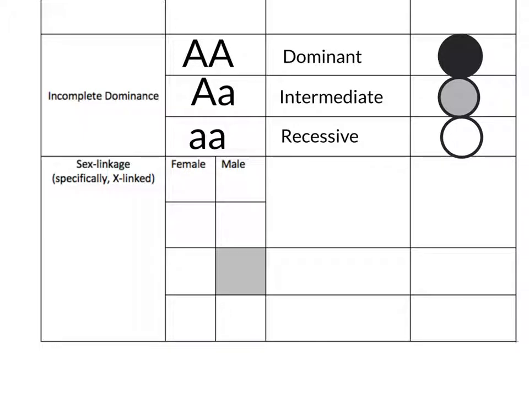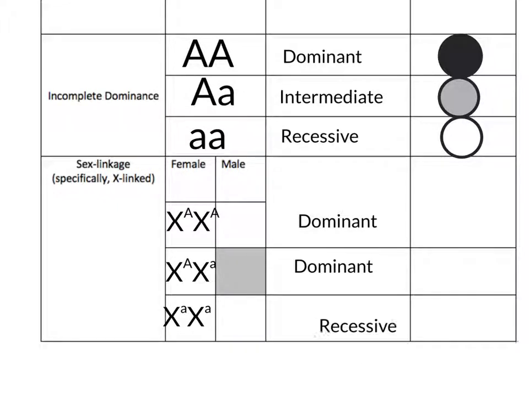Okay, and then the last inheritance pattern is sex linkage, specifically X-linked traits. So these are traits that reside on the X chromosome. So for a girl, since we have 2 X chromosomes, you can be homozygous dominant, you can be heterozygous, and notice I put them up on the X chromosome to indicate that they're on the X chromosome, and you could be homozygous recessive. So it works the same way as before. You would show the dominant phenotype,